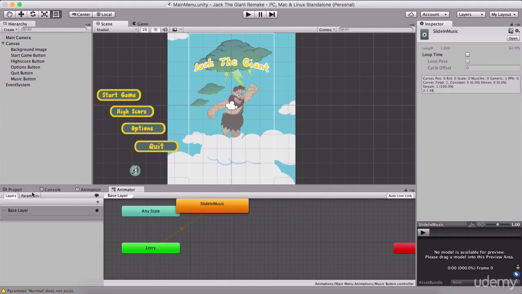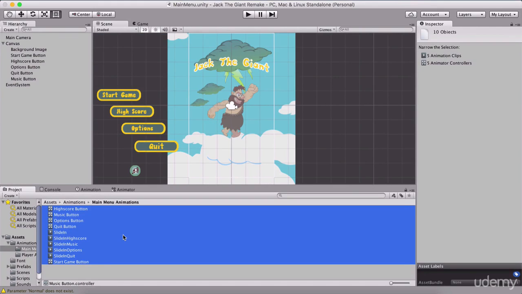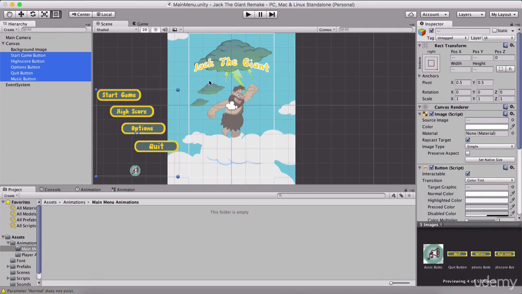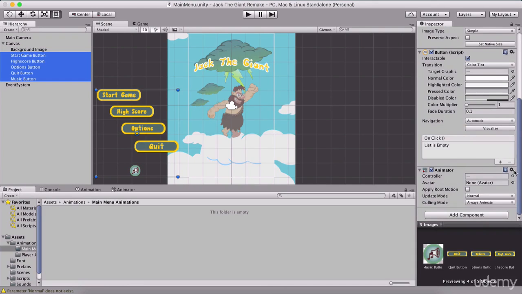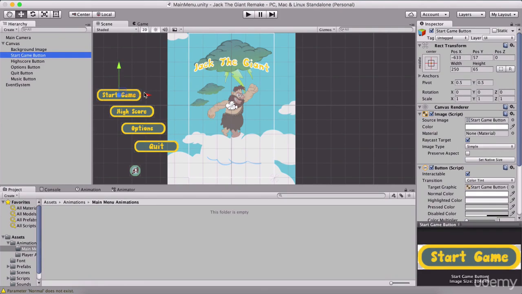Another way that we can do it, and for that I'm going to delete all of these animations, so we can animate each individual part of our button. So every single one of the buttons, we can animate it. But let me delete all of these animations, and I'm going to select all of my game objects and remove the animator from them. So remove the animator because we don't need it,